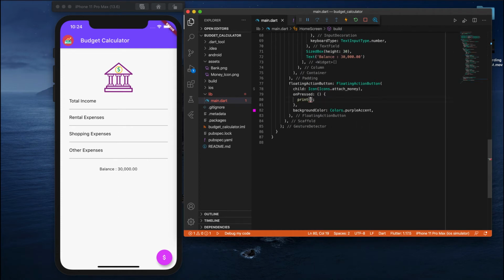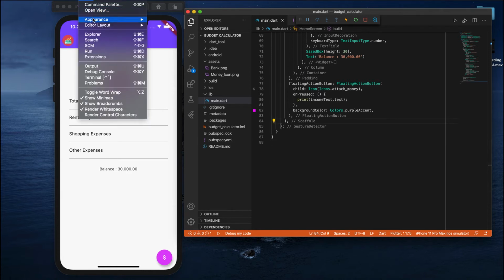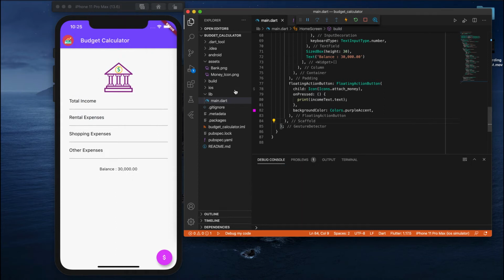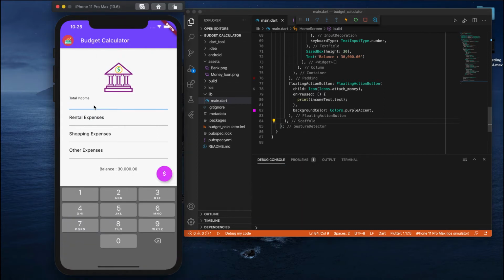So I want to get that, so I can write income text dot text. When I click on this floating button, I will get the amount I have entered here, and it will display on our console. Let me open my debug console. I have entered some 36980.